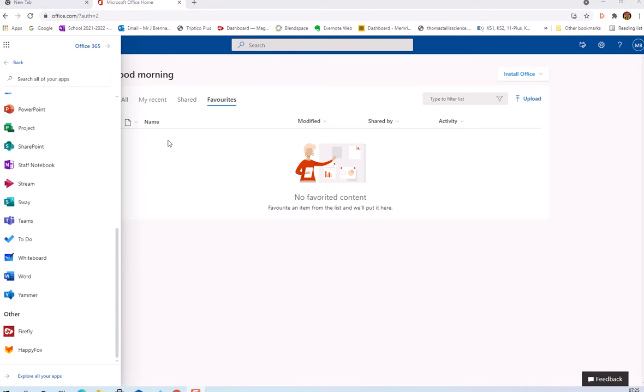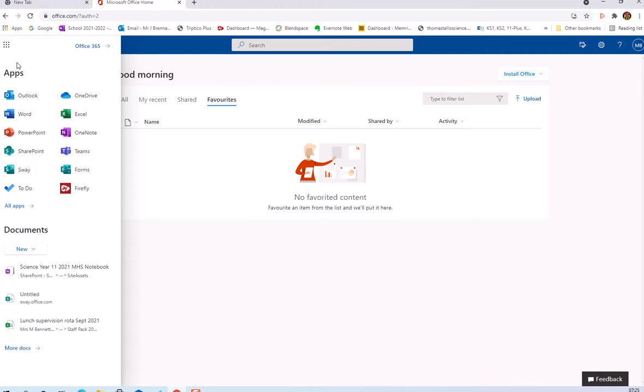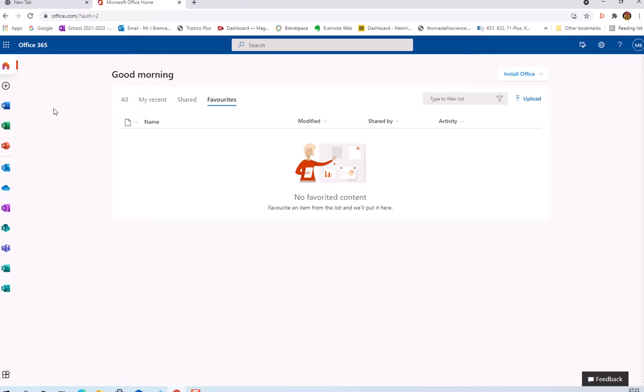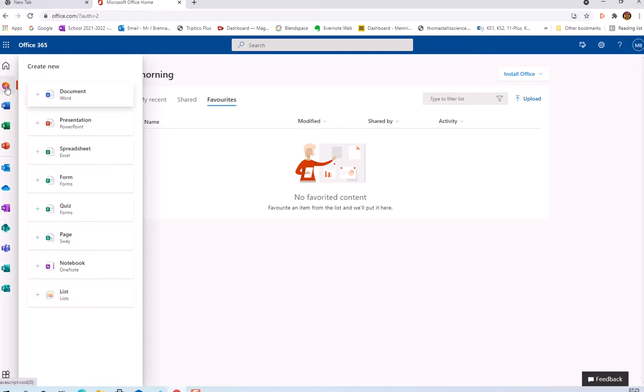But we want to create a document, so I'll go back to the main screen. Now this plus here, this is the create button, so if I click on this, it will give us a list of what's available straight away. I'll choose a very simple resource to create: document in Word. So this will open up,